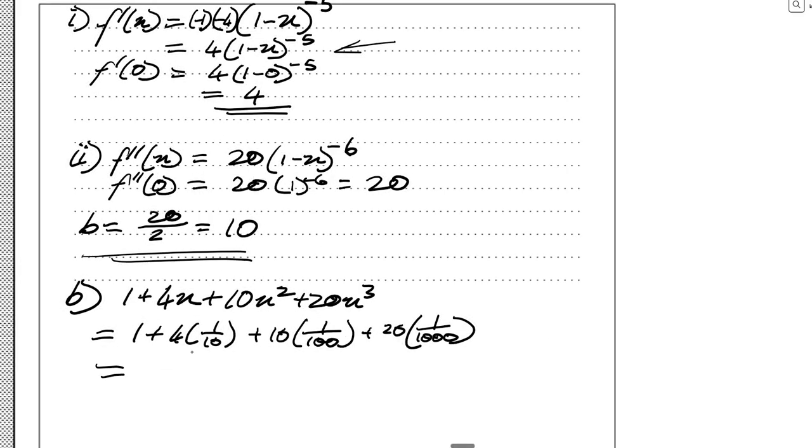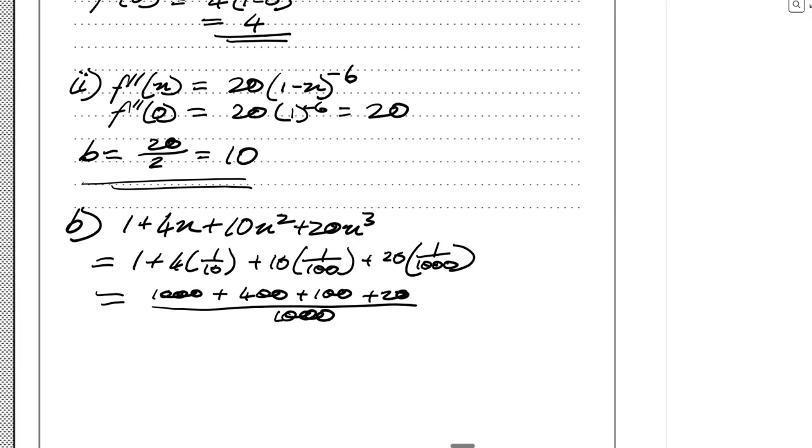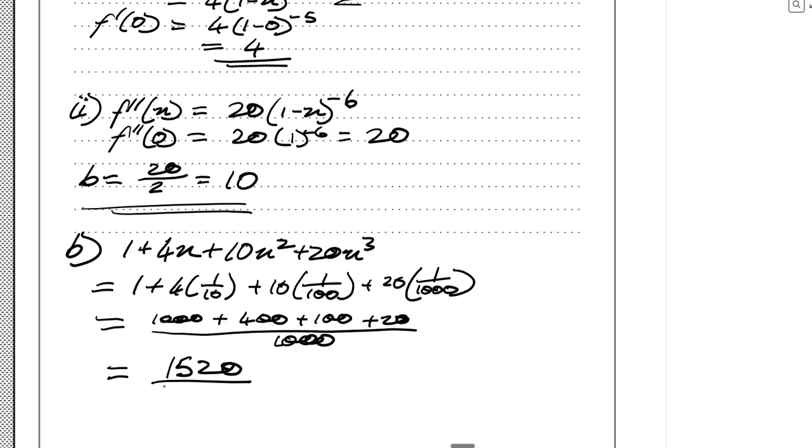And so we can simplify this. We have 4 over 10. Let's make all of these 1,000. So we have 1,000 over 1,000, 1,000 plus 400 plus 100 plus 20. And that's all over 1,000. And so that's 1,520 over 1000, which is